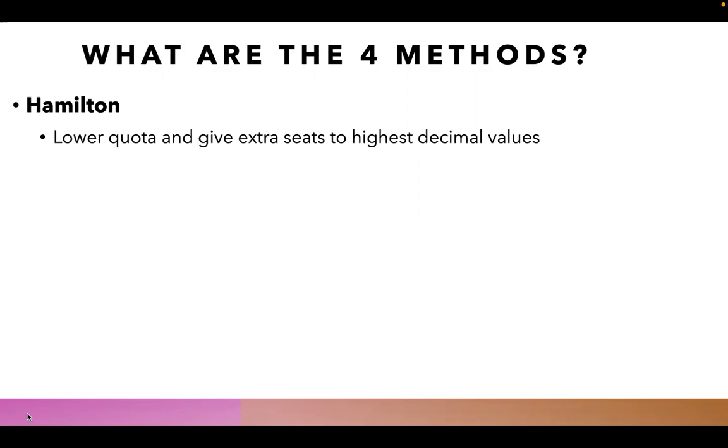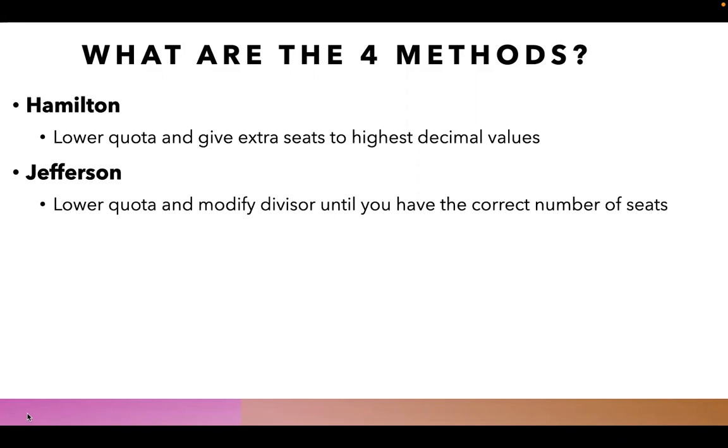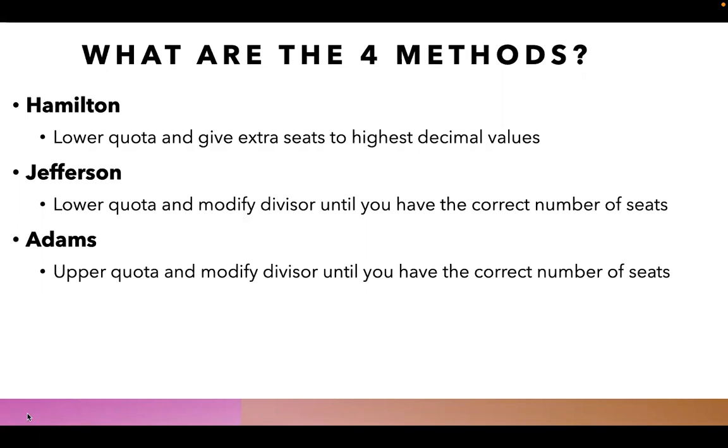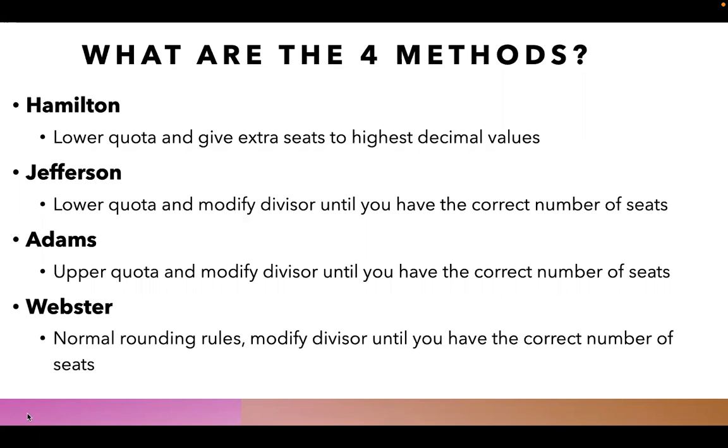We've got the Hamilton method. Hamilton method uses the lower quota and then gives the extra seats to the highest decimal values. The Jefferson method also uses the lower quota, but you have to use a modified divisor until you have the correct number of seats. Adams method uses the upper quota and then again modifies the divisor until you have the correct number of seats. And Webster uses normal rounding rules and then modifies the divisor until you have the correct